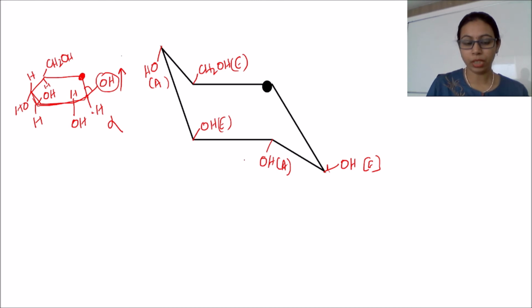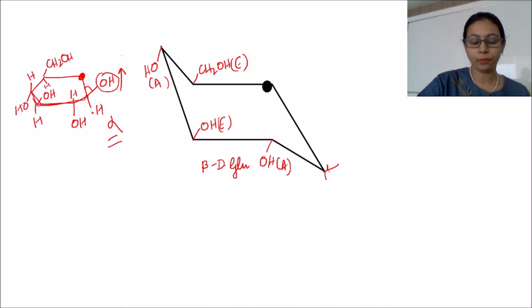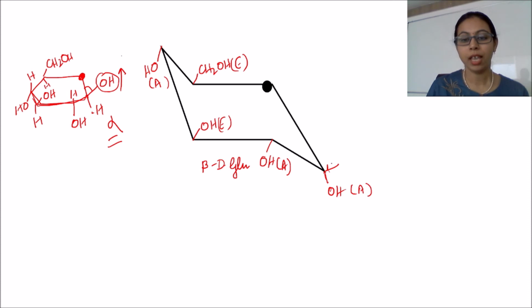Let us first discuss the beta glucose molecule. In this, we can see that the maximum number of OH groups are toward the equatorial position as compared to the alpha form. So the beta form will be more stable, as the placement of the bulky OH group toward the equatorial positions will create less hindrance as compared to the axial position. And when the same condition is shifted to the alpha form, at that time it will have the placement of this OH toward the axial position as compared to the beta conformation.